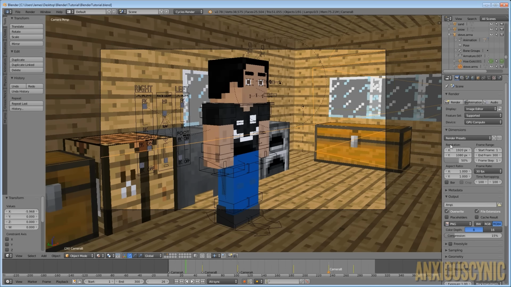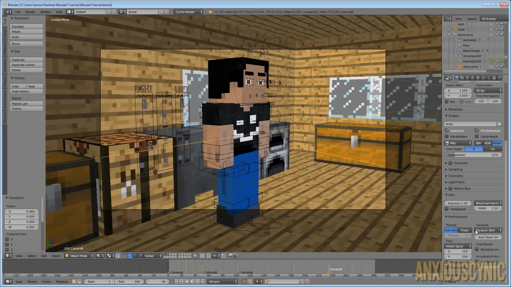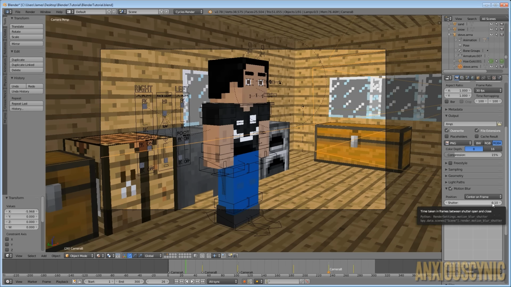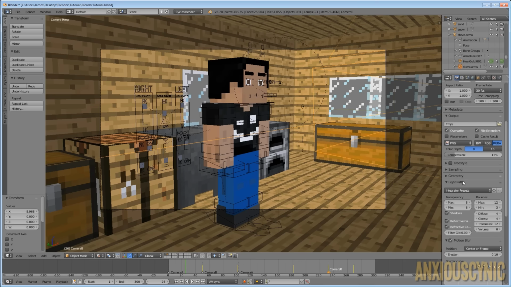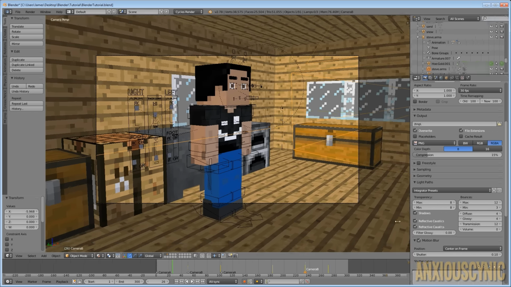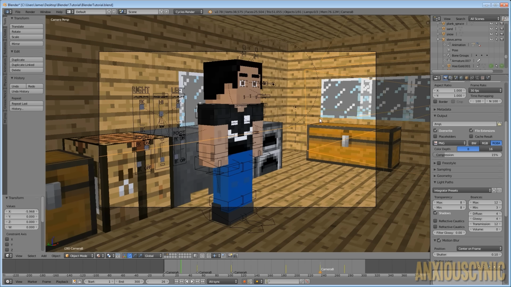So let's take a look real quick at what our motion blur is going to do. Let's go over here to our render tab and go to motion blur. We're going to turn that on. And remember, we had this turned down, so it's going to be a little bit different. Another thing I'm going to do is go into light paths, and I'm going to deselect these two options here, reflective caustics and refractive caustics. We don't really need that for the basic animation that we have here, and that was causing all those little white spots, what they're called fireflies, and we don't want those.